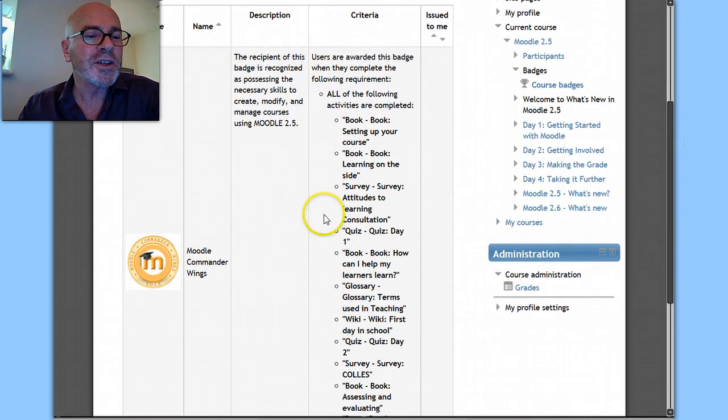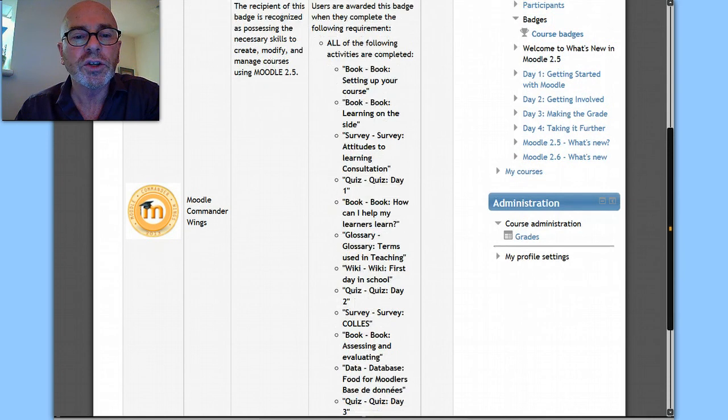So you just have a circular badge that says Moodle Commander Wings and 2013. The description for it is: the recipient of this badge is recognized as possessing the necessary skills to create, modify, and manage courses in Moodle 2.5. And this is the criteria that you need to complete to earn that badge.